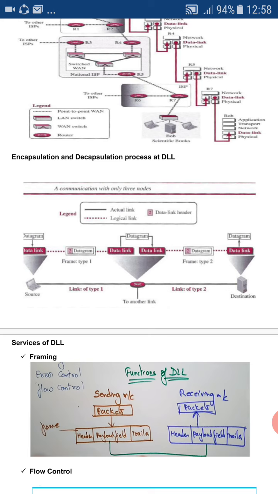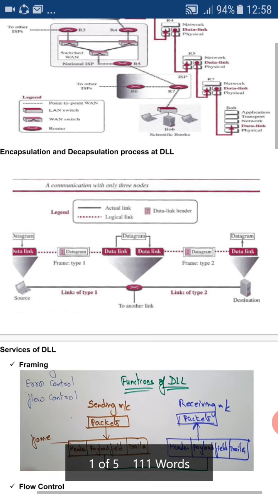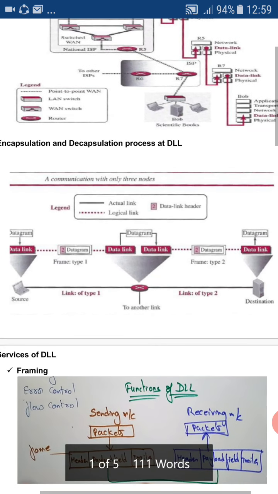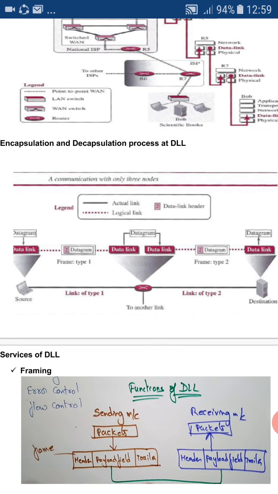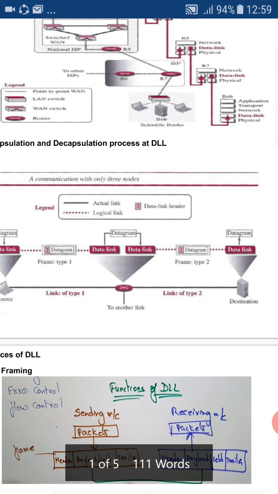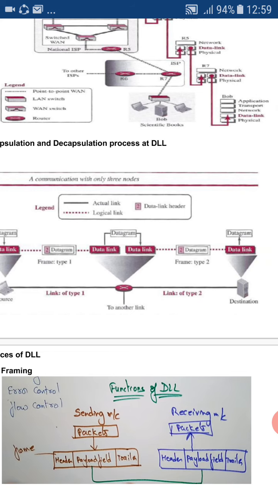The get in is considered as encapsulation, whereas the get out from the intermediate nodes is considered as decapsulation. A's home is the source and B's home is the destination. Two taxis and the train are considered as intermediates. Now the same thing is explained using this diagram. Just observe the diagram. In the diagram, we have only one source, one destination, and only one router. Now we'll see.